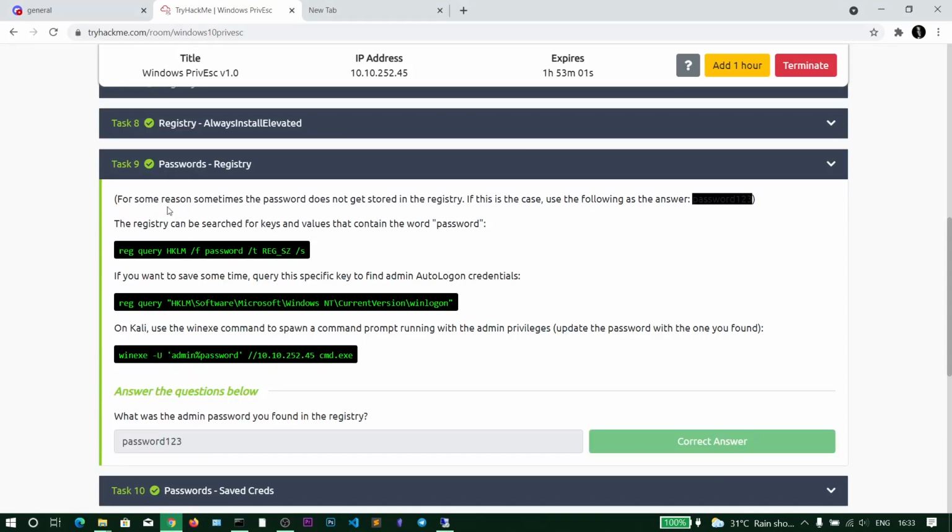So in this video we'll be seeing how to find plain text passwords stored in some configuration files and other files that are stored as plain text passwords. In this they have given how to find the plain text passwords in the registry. First we will see how to find them in the normal files.